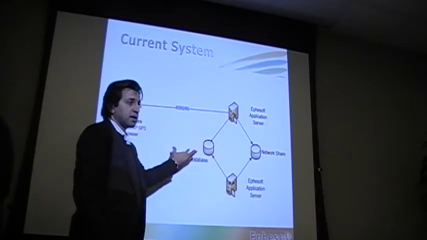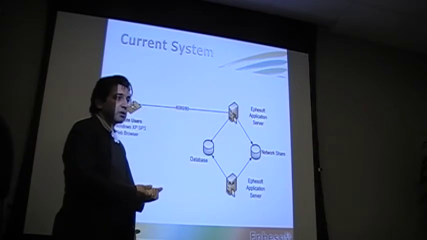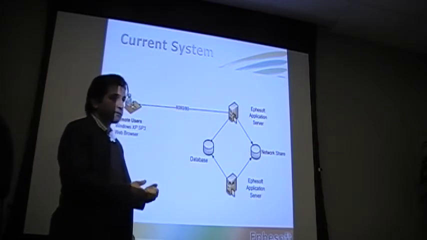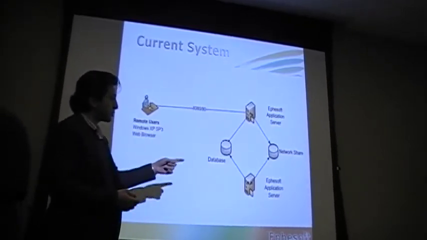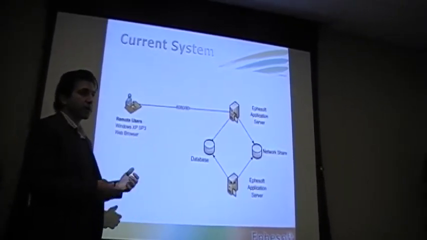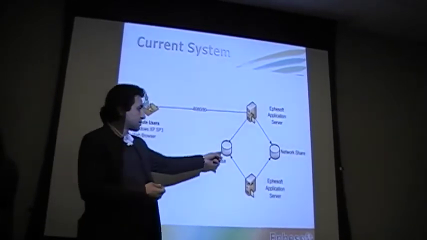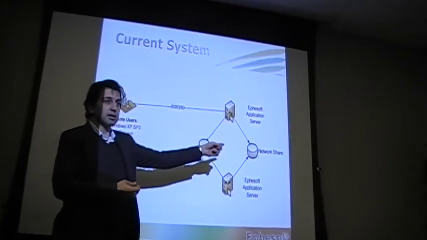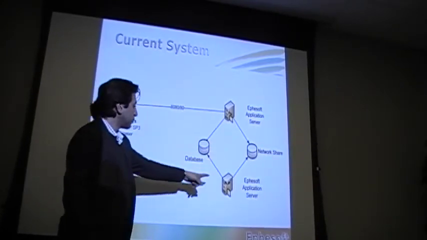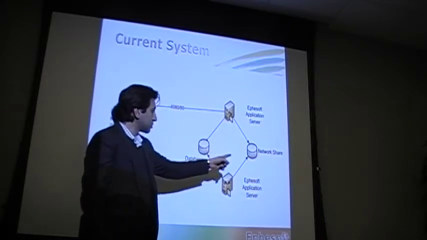The reason we have a database is because two servers need to share the workload. When a batch comes in, we have hundreds of batches coming in every day. So these two servers decide between each of them, say, okay, what's the next batch I'm going to need to process, and that information is stored in a database, and where the files are, and that's in the network share. So both servers have access to the database and the share.